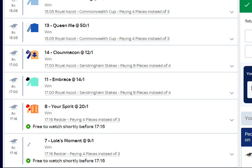Bearing in mind, my horse that I tipped that day, Turbo Tiger, was completely tailed off, virtually pulled up. Well, this horse followed it through, actually went past it, and only folded close home. Well, if this horse bolts again, gets that rail, and can run a bit more sensibly, it could be extremely hard to beat. And we're getting first 4. So Lola's Moment,